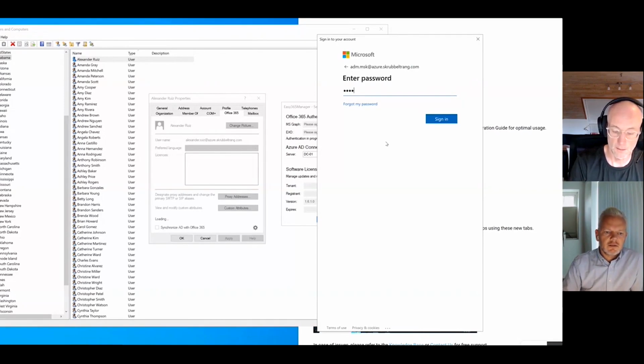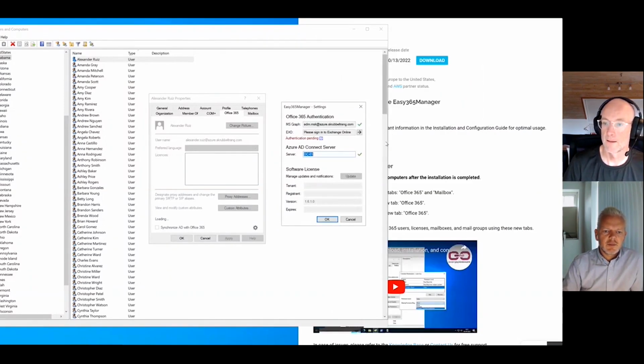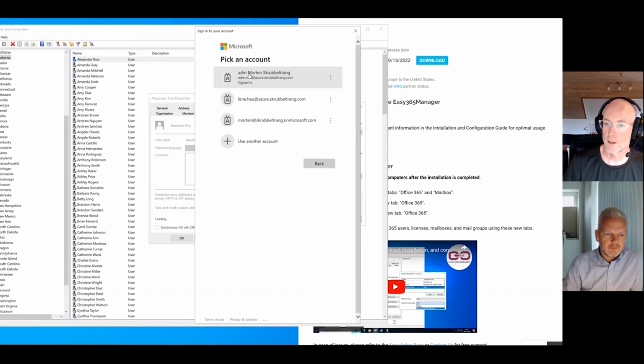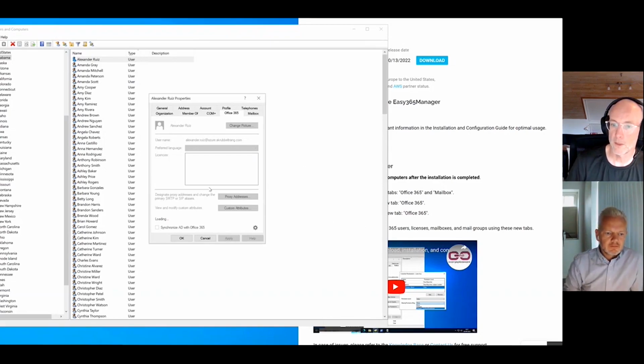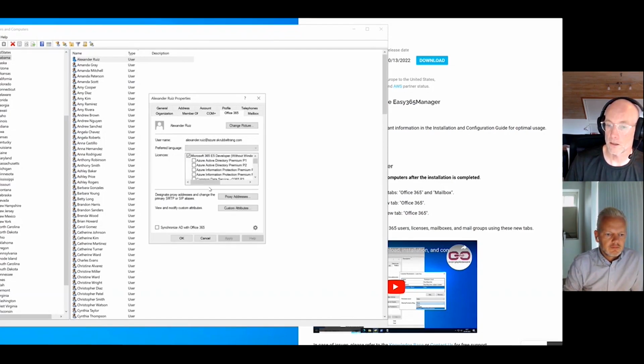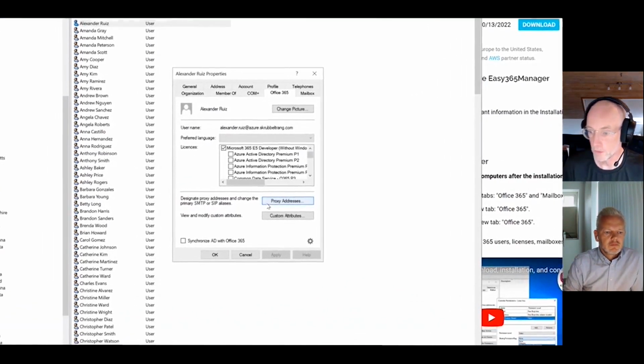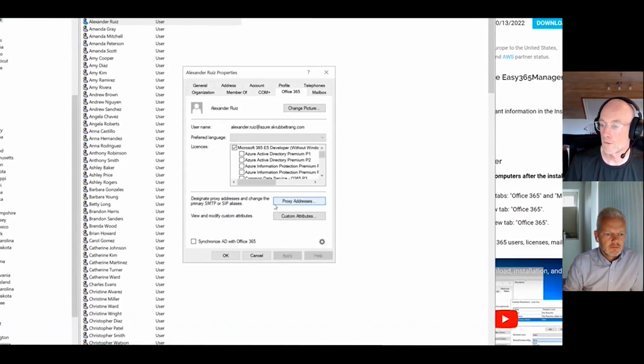Okay, how nice. But does this mean I have to do this authentication every time I start the tool? Well, fortunately not, because, as you can see, we use modern authentication, and once the authentication completes, Easy365Manager will receive an access token, and that access token is what is used going forward, and it is cached and encrypted